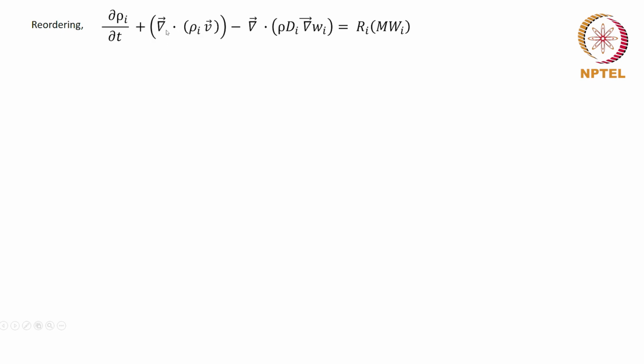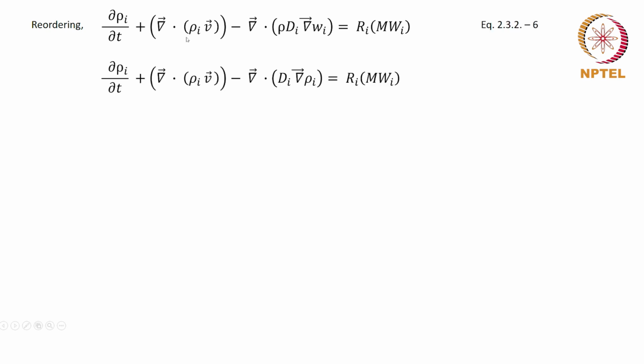that's the next step. I've just split it up here: ∂rho_i/∂t plus del dot rho_i v minus del dot rho D_i del w_i. I have just taken the derivative explicitly. These were together earlier. I have separated out the terms, equals R_i M_i, the molecular mass of i. And here you could write this as ∂rho_i/∂t, where I have taken rho times w_i as rho_i. So, del of rho_i, this becomes,